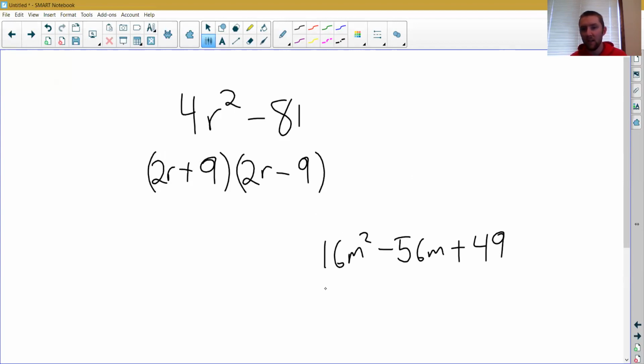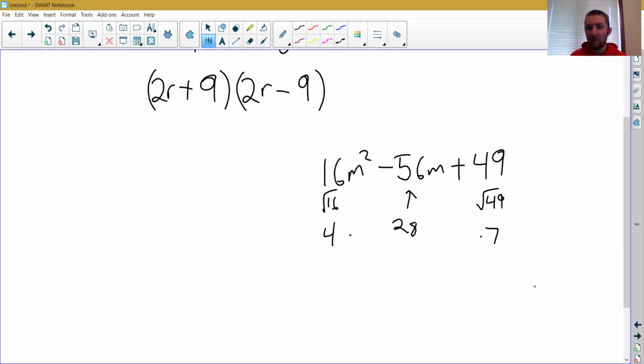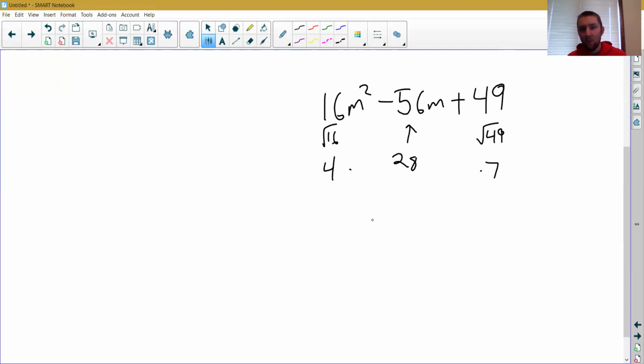square root the 16, and the square root of 16 is 4. We can square root the 49, and the square root of 49 is 7. If we multiply those together, we get 28, and if we double 28, we get 56. So then this is an example where we can actually factor into a set of parentheses squared very quickly, because we can do the square root of 16, which is 4, that gets the m. The square root of 49 is the 7, and because this symbol was a minus, this symbol is a minus as well, okay? So those were our two